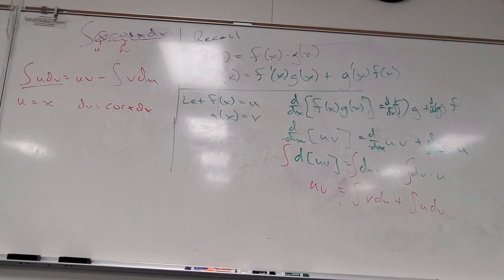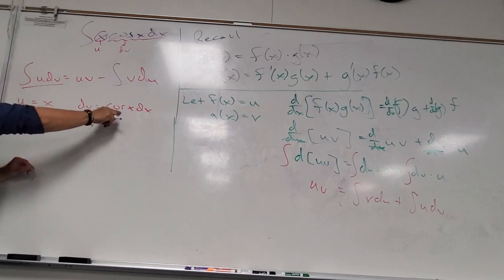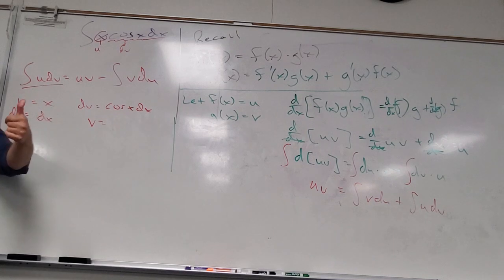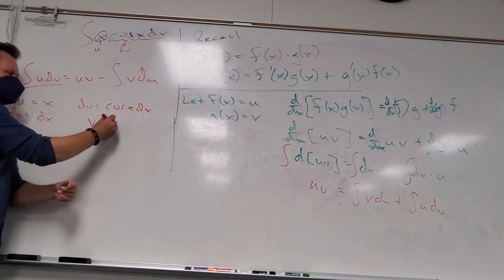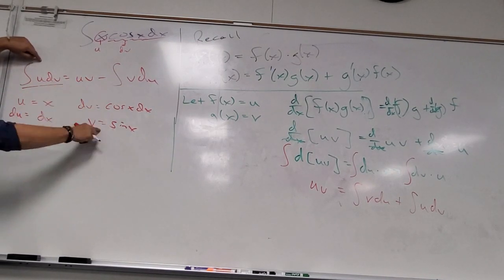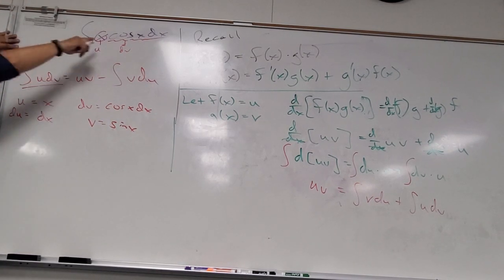Let me stop for a minute. What's du? 1 dx, there it is. And what is v? So what am I doing here? I'm going to integrate it. If I know what dv is, how do I get v? Integrate. So what's the integral of cosine? Sine. Do you have all the parts? Look what this needs: u, v, v, and du. Okay, we got everything. So the original integral